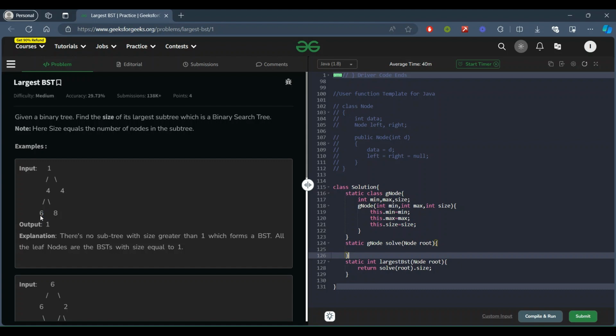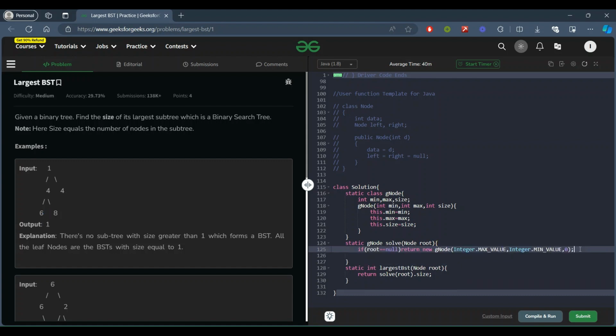Because we want a minimum value, initially it should be max, such that we can go down to the minimum, and a similar approach will be for max as well.